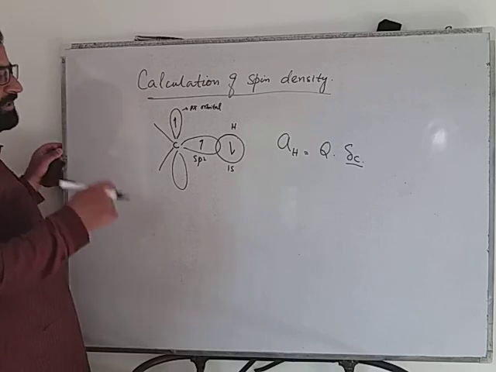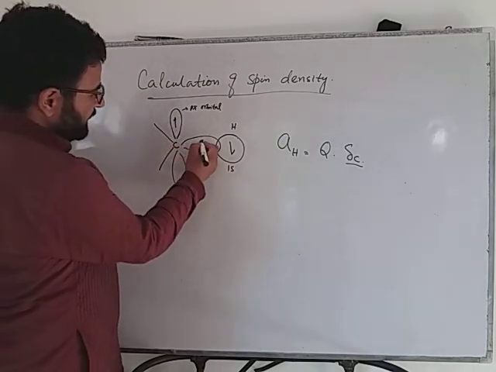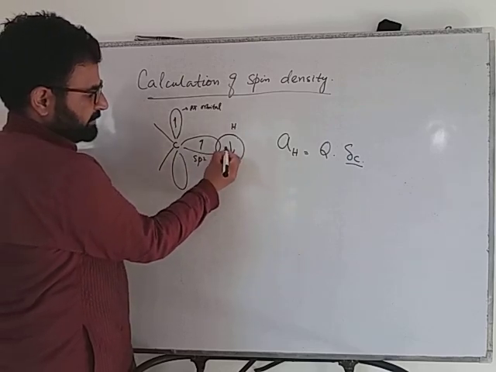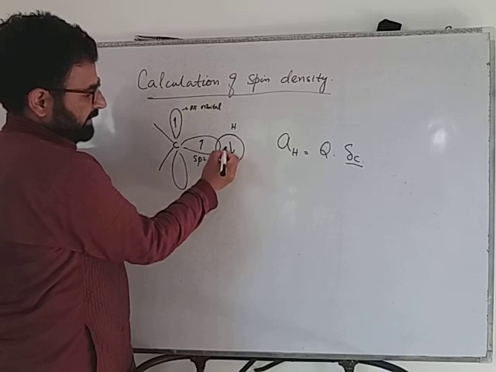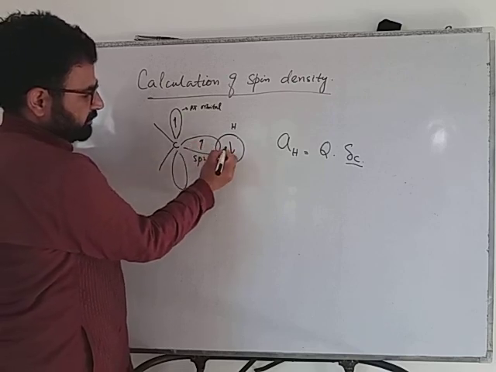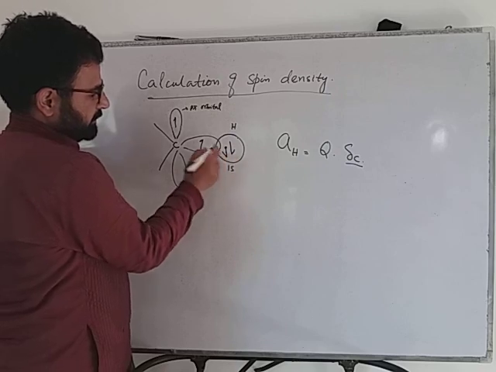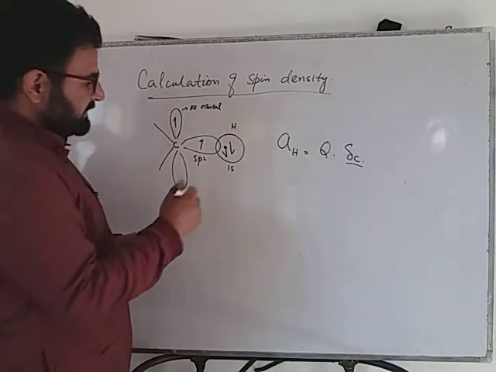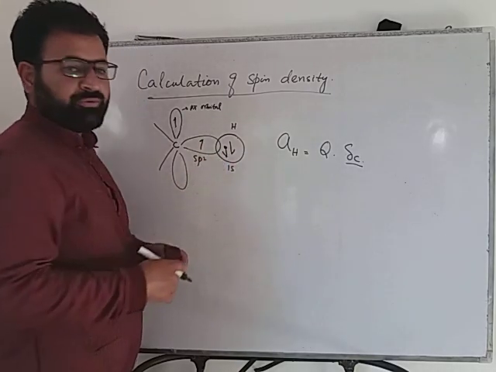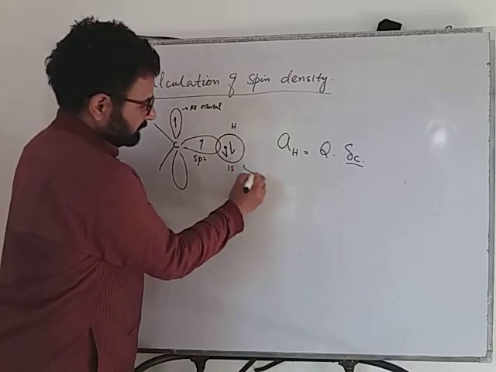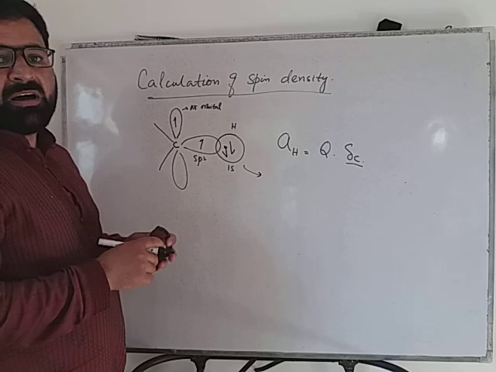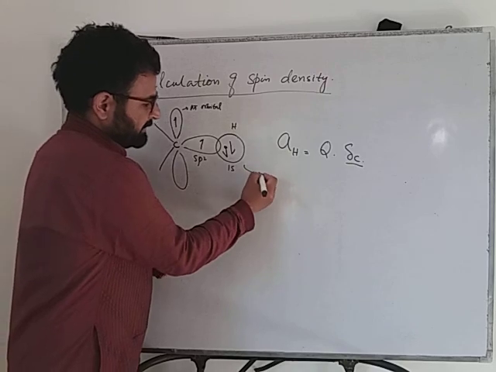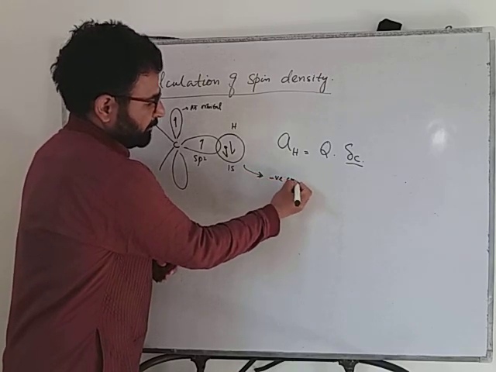Okay, fine. So from here we can see, if this electron is downward, then its nucleus will be upward; if this electron is upward, then the hydrogen nucleus will have downward spin. As a result, these two, the electron and the nucleus, have parallel spin. When the electron has parallel spin with that of the nucleus, there will not be positive coupling, there will be negative coupling. Okay, negative coupling will be there.